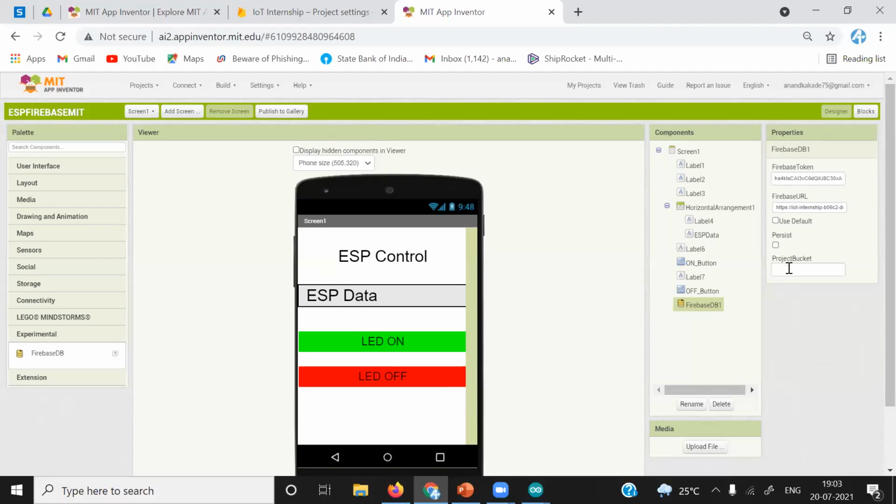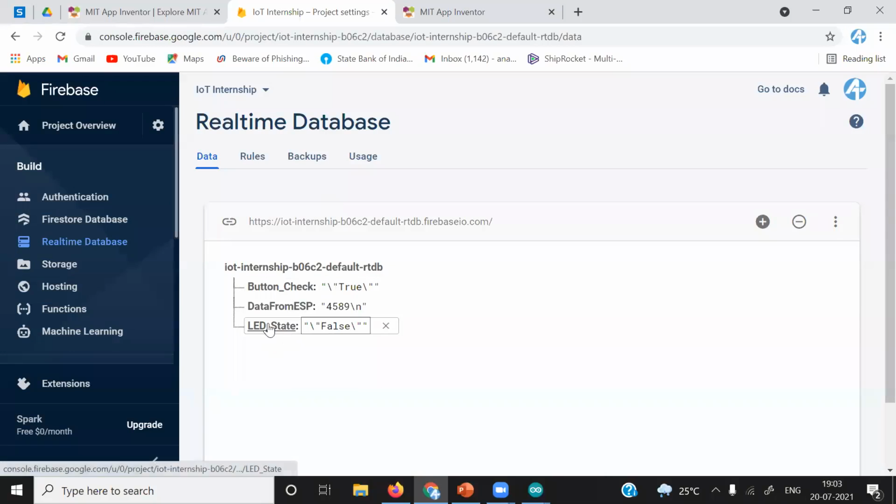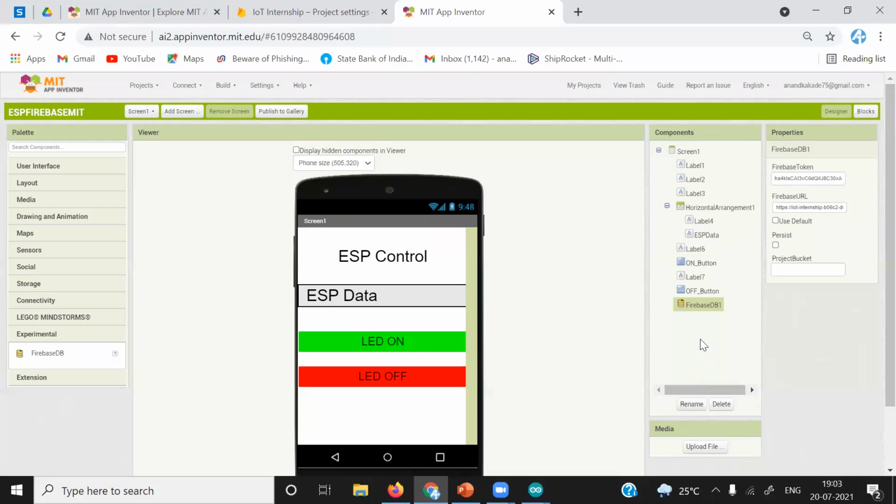Also, in Project Bucket yesterday, we saw that we are only able to operate at the lowest level available. Okay, we cannot operate on multiple levels of roots or the branches of this JSON format in the application. We must operate at the lowest level. But in Android Studio, you can overcome this limitation. You can access any level at any point. So for the user interface, the cloud connectivity, and the data structure access, you can have whatever flexibility you want with Android Studio. So that is the reason.